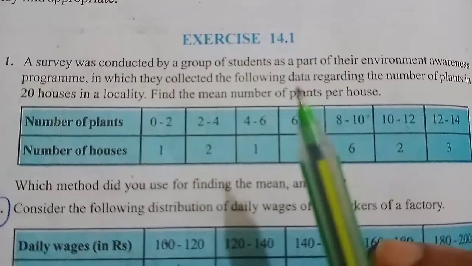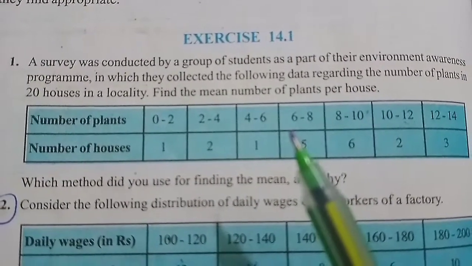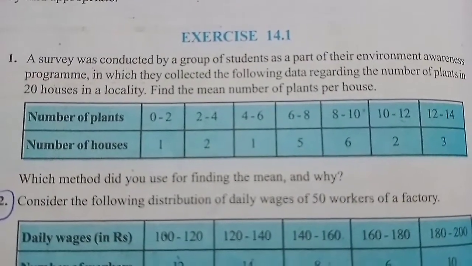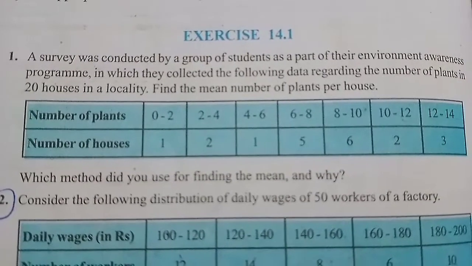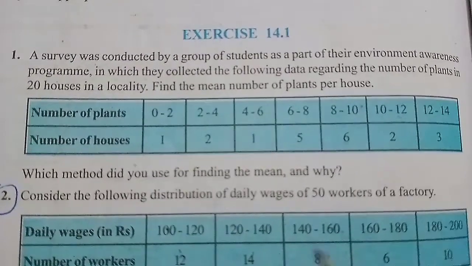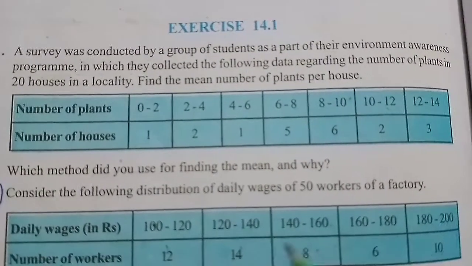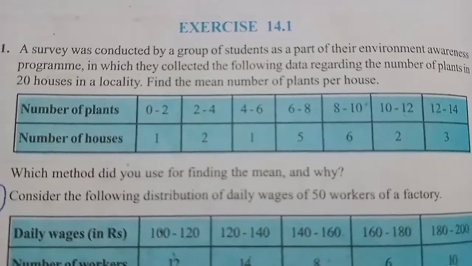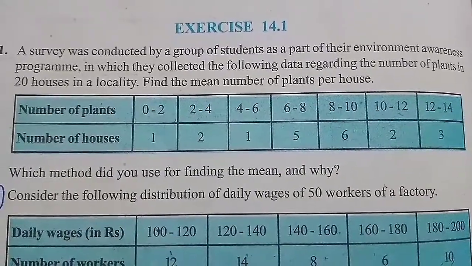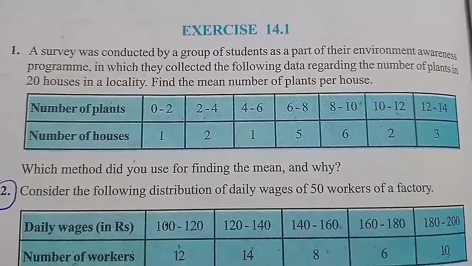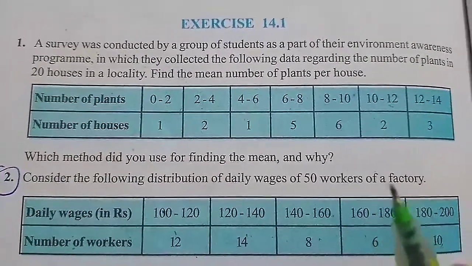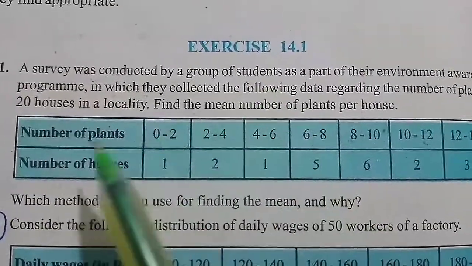In this exercise you have 9 questions and all are about finding mean. So whichever method is suitable, that method we have to take. So how to select the method? Already I said in the previous video that when the numerical values of fi and xi are very small, we go for direct method. When the numerical values of xi and fi are very large, we use assumed mean method. If it is still large, we go for step deviation method, which is deleted for you this year. Now let us start. First question.